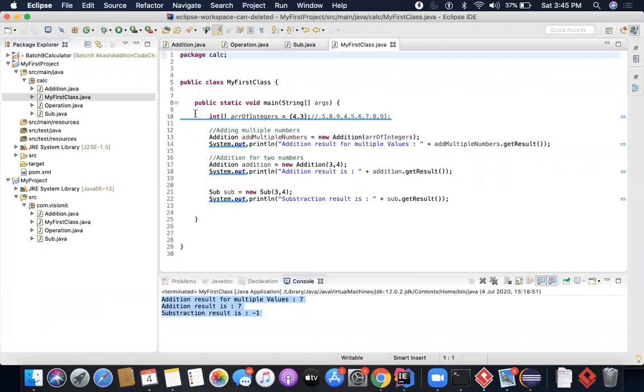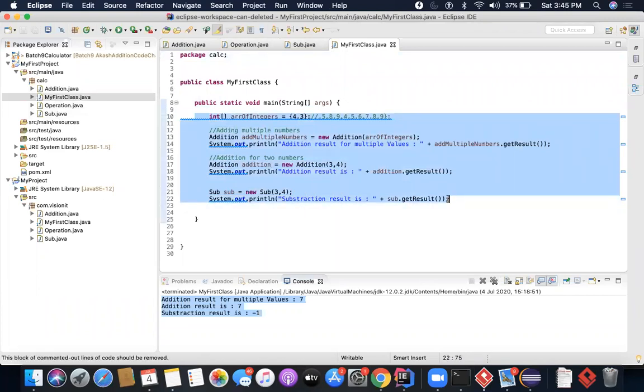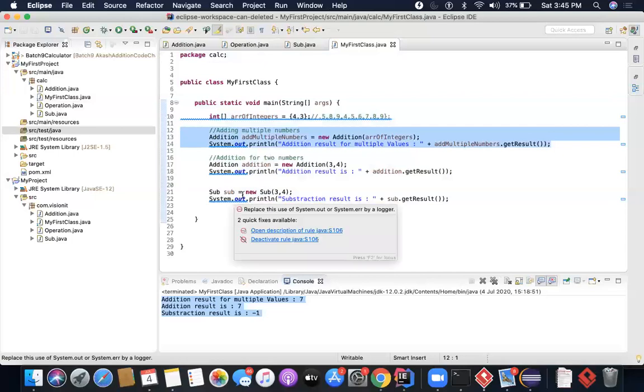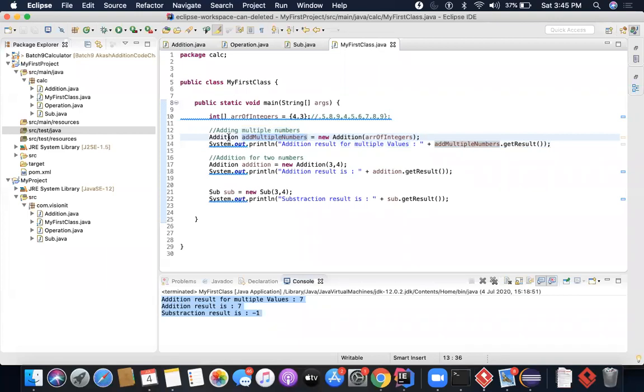Now, if you see here, this is not supposed to be here. I can actually move it to my test code. Why? Because right now the thing I'm doing, no user is actually doing it. It is me who is trying to test whether the functionality called addition is actually working or not.